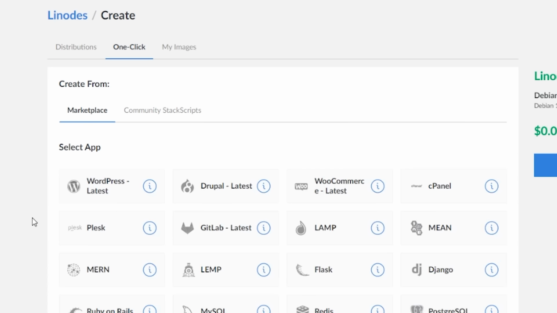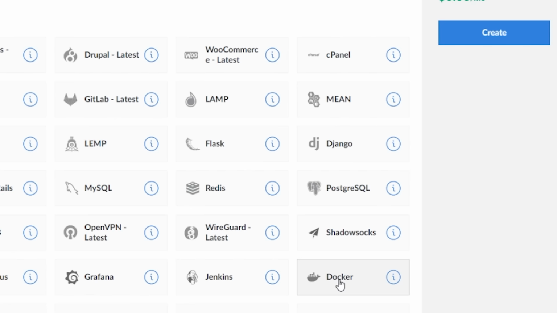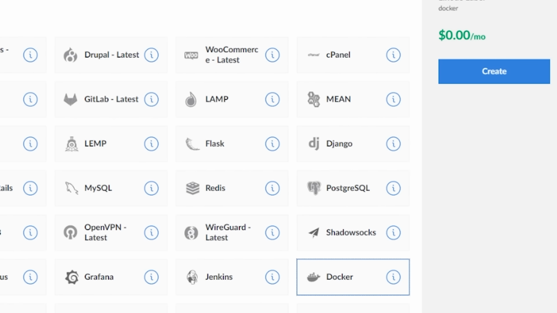Click on that. And this is what's really cool about this. Look at all these pre-built apps you can just deploy in the cloud. WordPress, OpenVPN, run your own VPN server in the cloud. Minecraft, okay, cool. CSGO, I kind of want to do this now. Anyways, the one we want to look at now is obviously Docker. Bam, I'll select Docker. Now you can install and run Docker anywhere. Windows, Linux, you can install on a virtual machine. But this is great because it makes it easy. Docker's already ready to go.